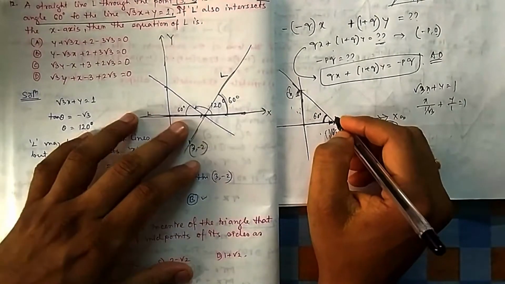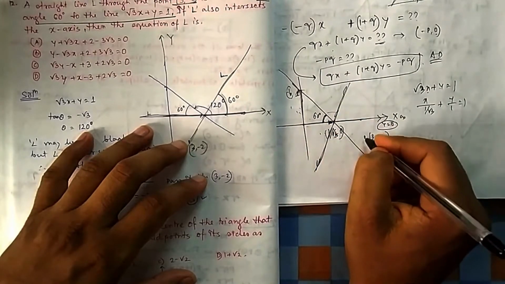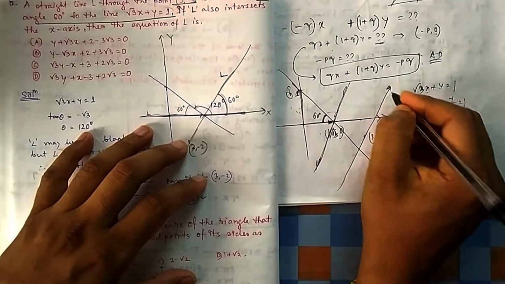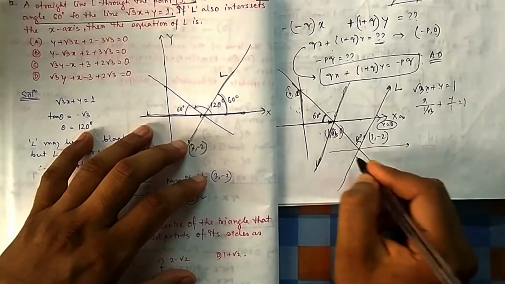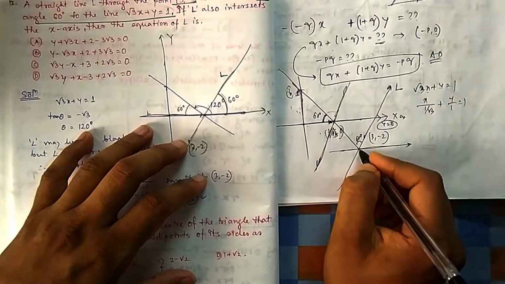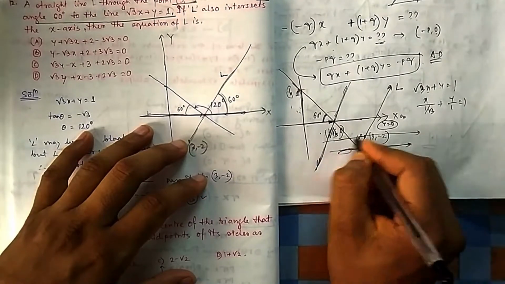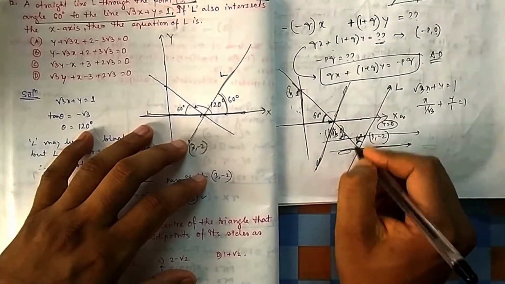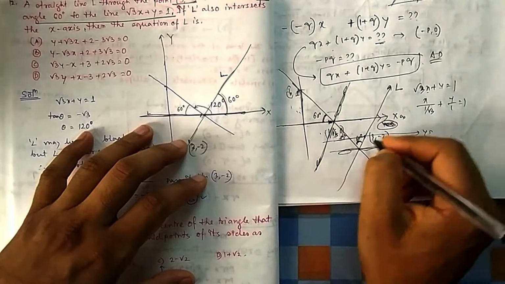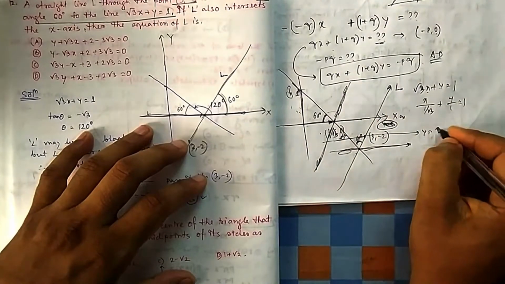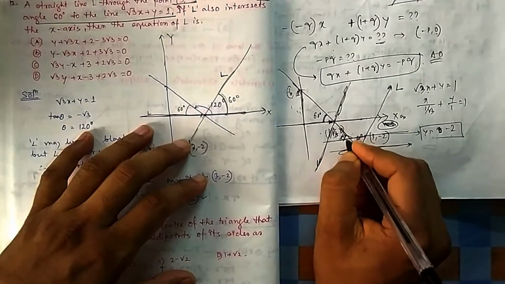Another one can make 60 degree with this one. So here it is 60 degree. It can go this side, so you can say this line is L. This is also 60 degree. Not this line, it should pass through 3, minus 2. So one line can be this, and this angle is also 60 degree. This line is not y equal to 0, because it should pass through 3, minus 2. So one line is y equal to minus 2, which is parallel to x-axis. This angle is 60 degree.